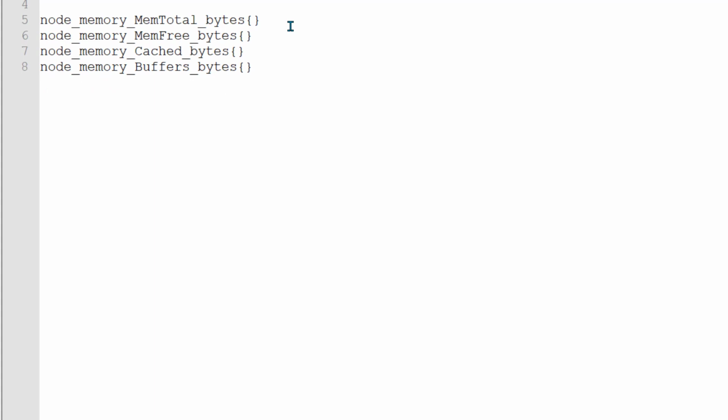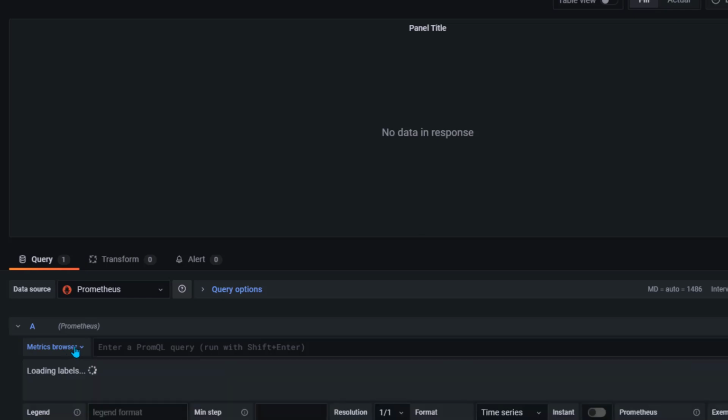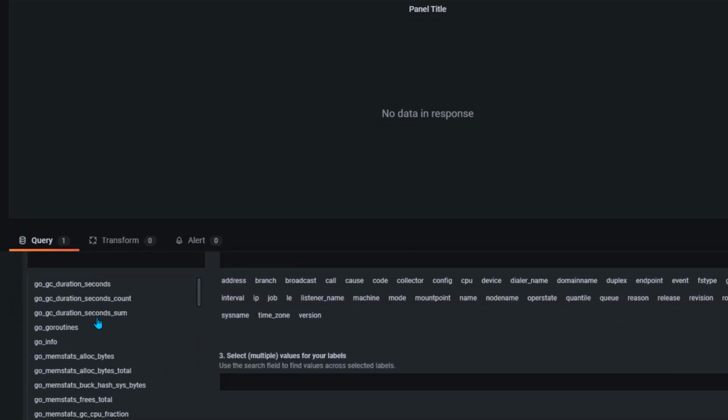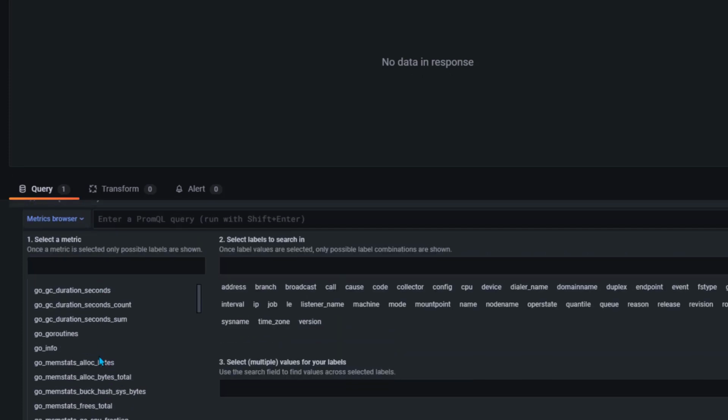To show total memory utilization, what we need to do here is, in the previous session I just put the query here, but if you are not sure of the query, you just remember what type of metric calculates or gathers this kind of data. In that case, you can click here on metrics browser. If you click on metrics browser, it is going to show you all the metrics which are available in Prometheus. So you see all these metrics here.